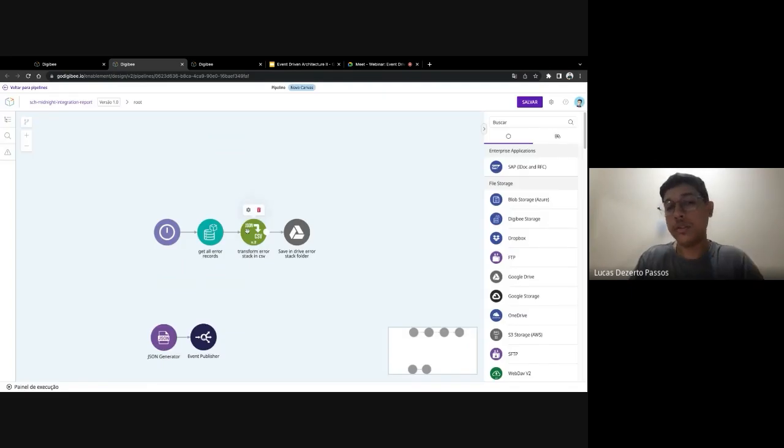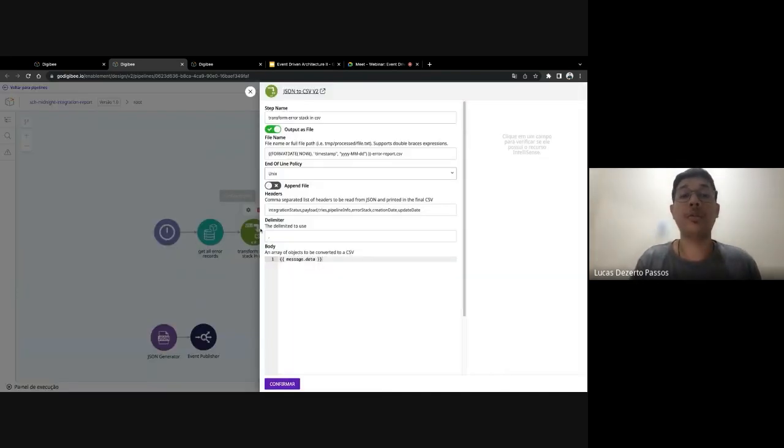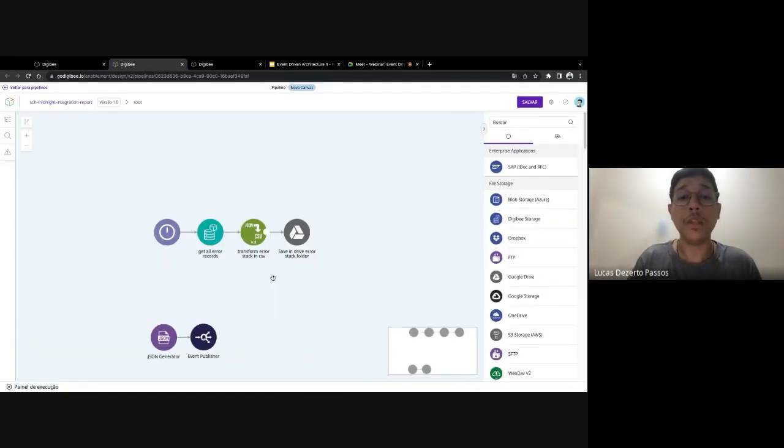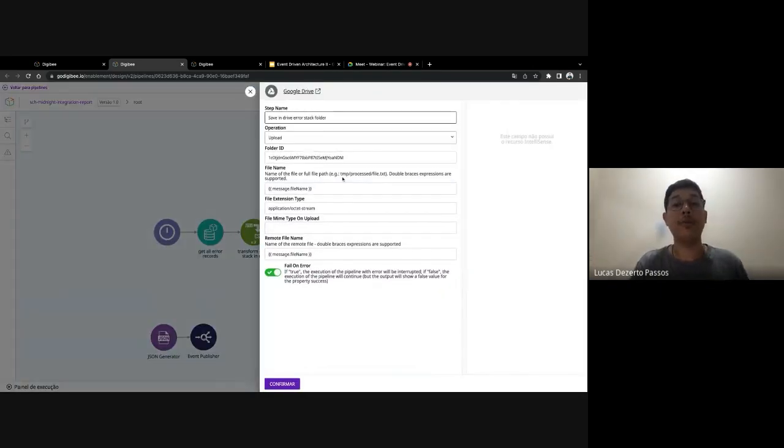So we know that those are records that entered the processing pipeline 3 times, and for some reason they are not being processed. Then it turns into a CSV model here. So it picks the error stack, turns it into a spreadsheet and saves it into the Google Drive error stack folder. We'll see very soon how this Google Drive folder helps us keep the flow in the event-driven architecture that Clara is implementing here.